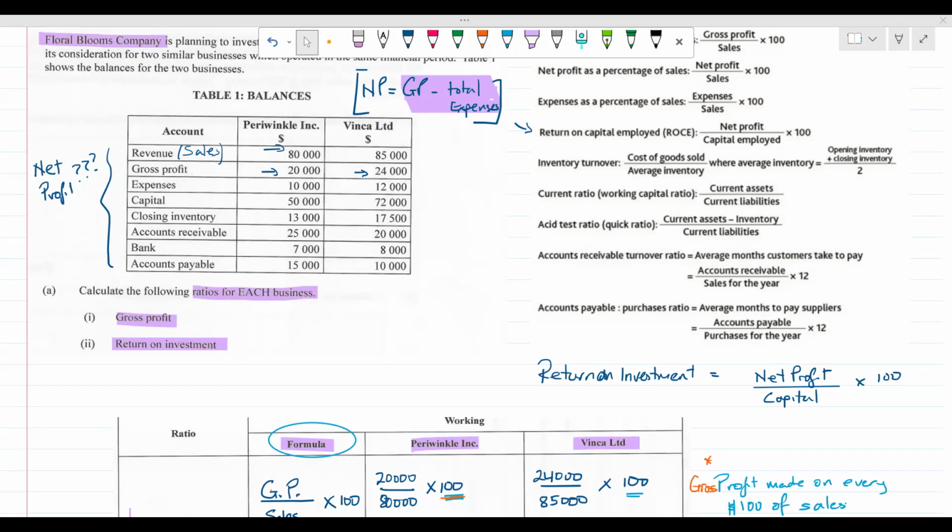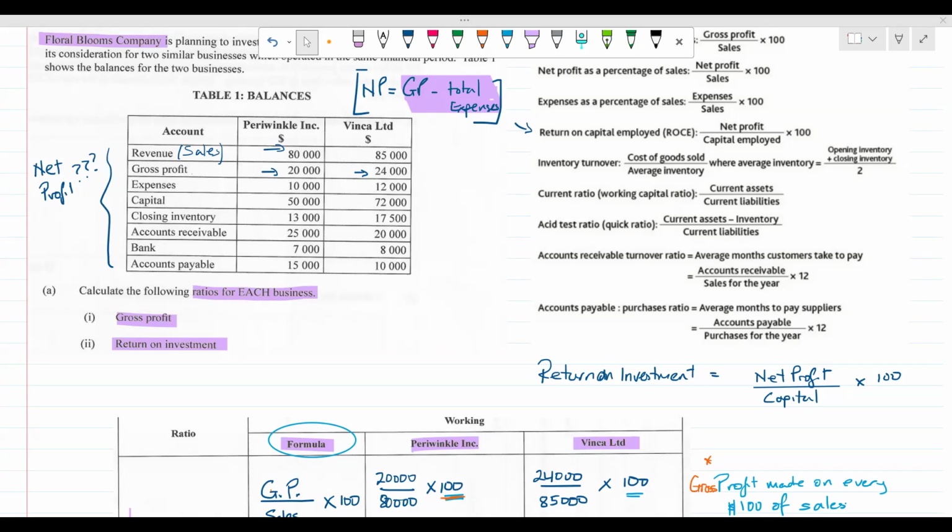Anybody remember what those two ratios check? Look at the things inside of it. What percent of it is actually